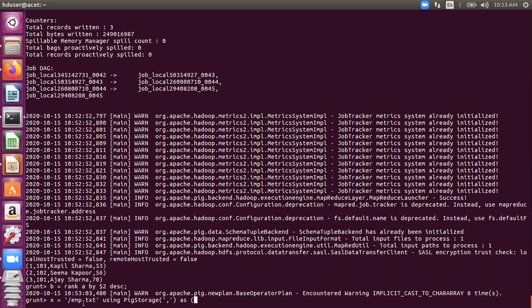As A, B, C, D, E, F, and G and H. While we are doing ranking on integers or floats versus on byte array, the answers would be different. So if we want to rank by salary, it will give you incorrect results if you don't have a schema for it.